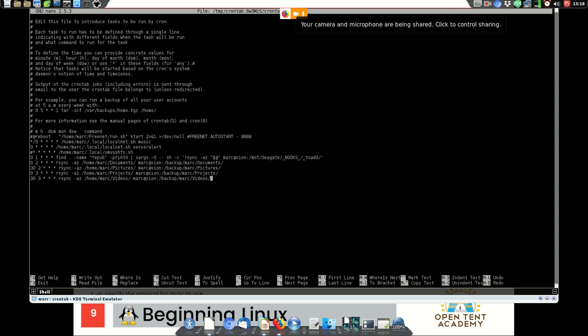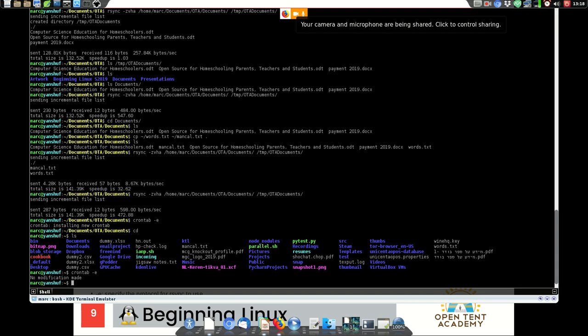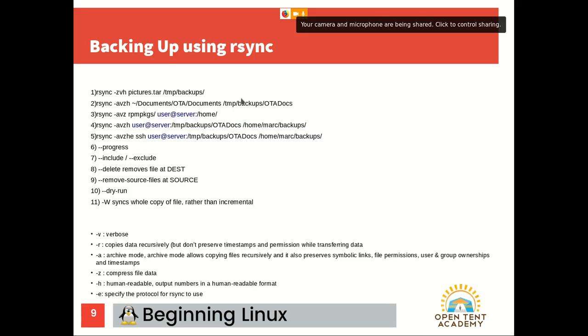So when we're connecting to another computer using rsync, you're using SSH, you have to give it a username and a host name. You have to be able to authenticate it in some way, and I'm using SSH in order to authenticate. Okay. All right. So that's what number 3 is.